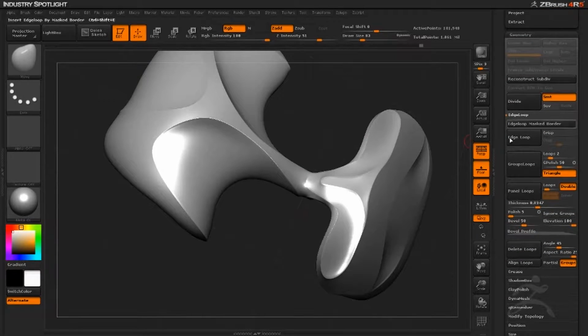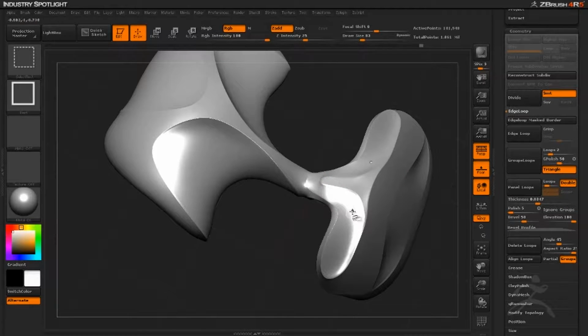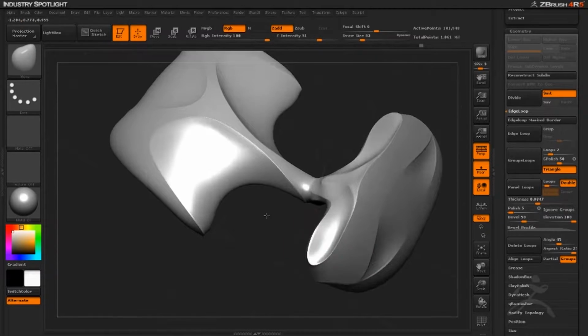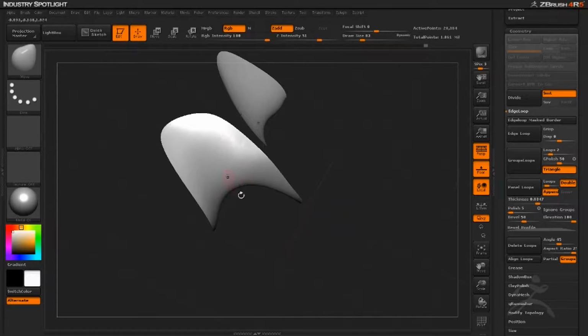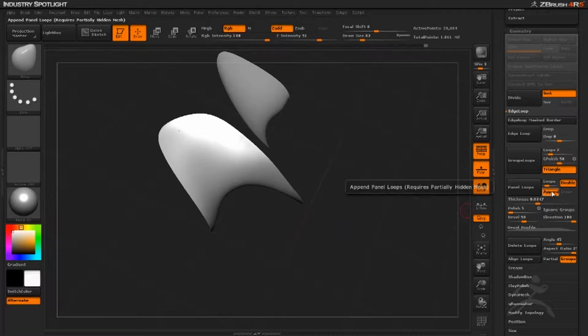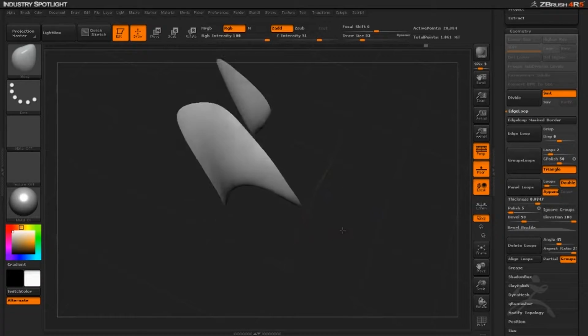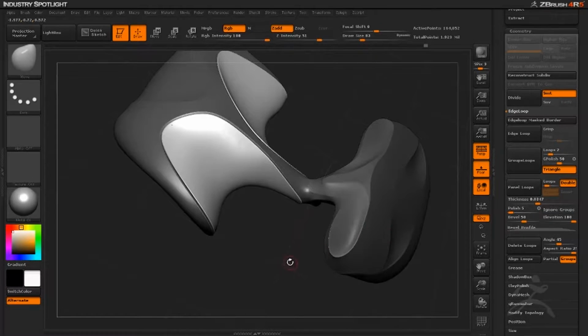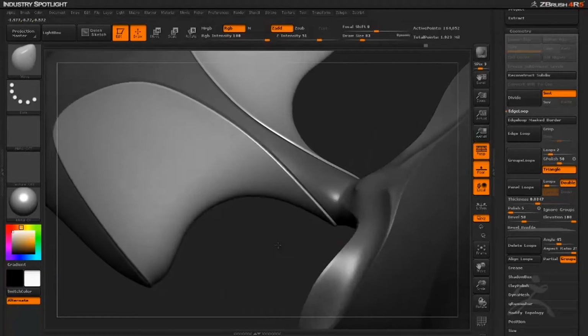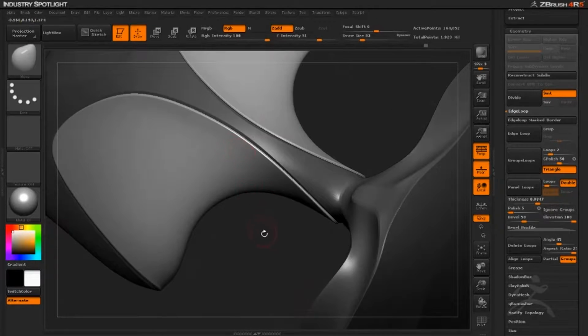So if I come down to panel loops and I select, say, I think this whole piece right here. Now, I want to use the append and double. What happens when you use panel loops is it cuts the geometry into separate pieces, but I like this base piece as an underlay, and so what I want to do is append on a new layer. It's going to basically give me a potato chip. So if I hit this, you'll see what that does is it gives me this whole piece right here,